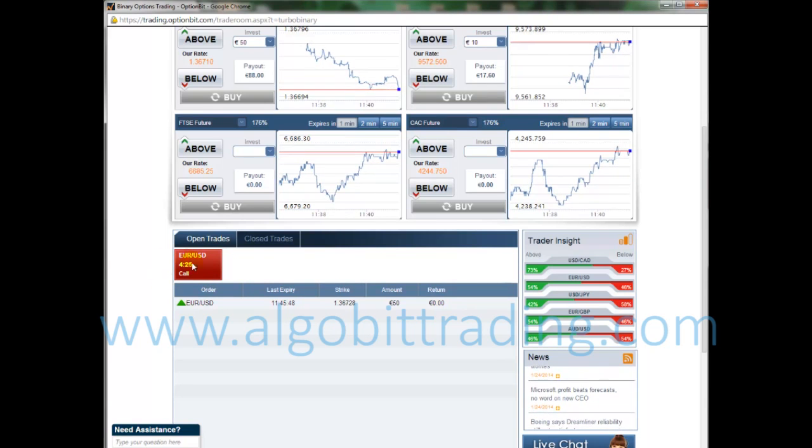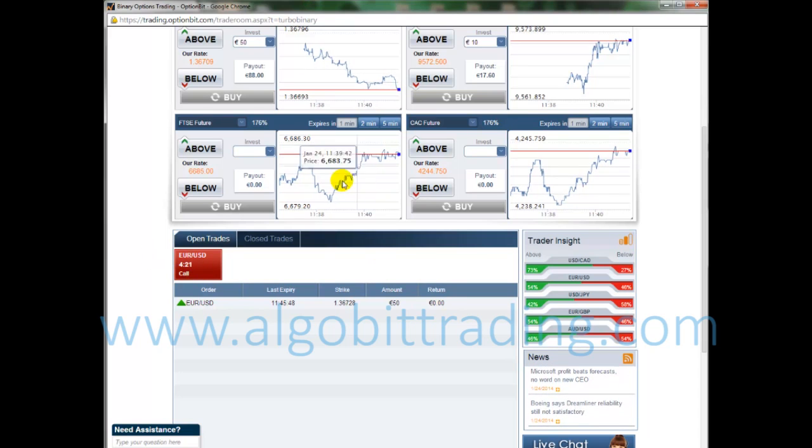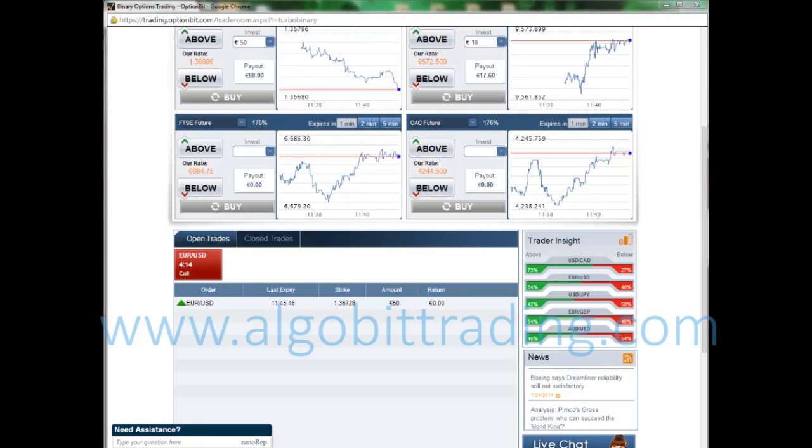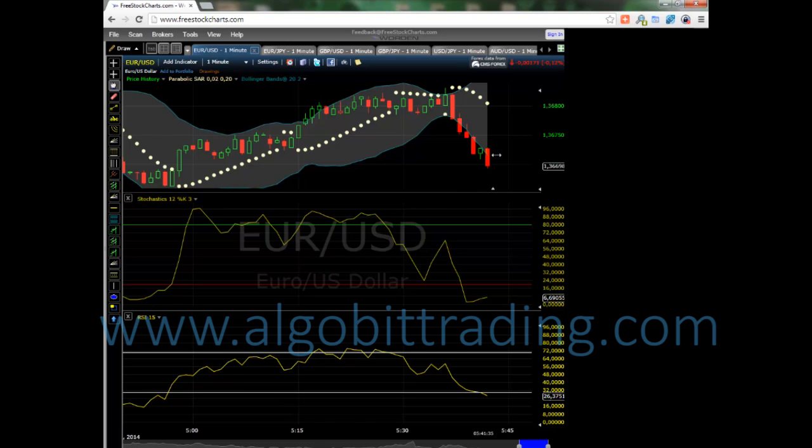So basically this is the position when the trade will close, and we will see if I will win this trade or I will lose it. As you can see here now on this chart, the price dropped even further, and this is also what happens. As you can see here, this is what happened here,